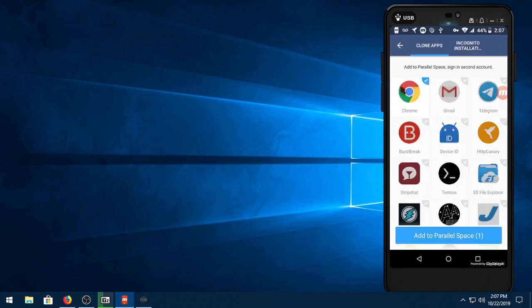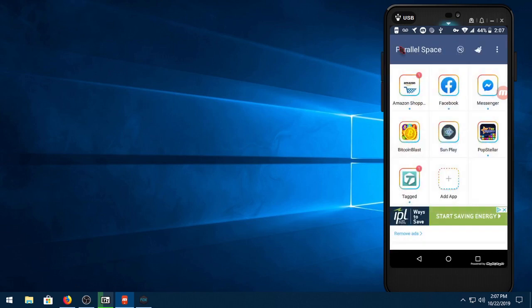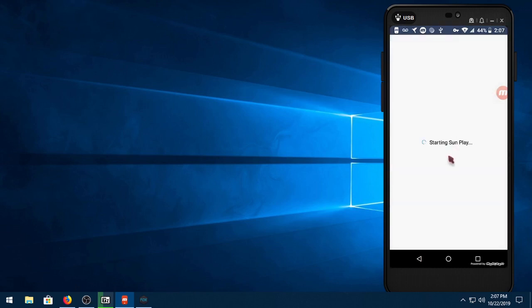It'll show your list of apps, and then you just click on the app that you want to add. But again, I'm not adding any of those apps because I already have the apps that I want right here, including Sunplay, which I'm going to show you in the video, as well as Big Token. Well, I don't need Big Token because it works without the parallel. Anyway, so when you're ready, just click Sunplay,